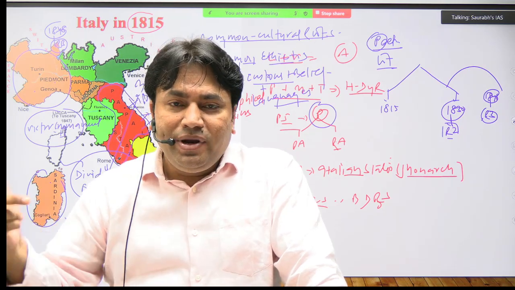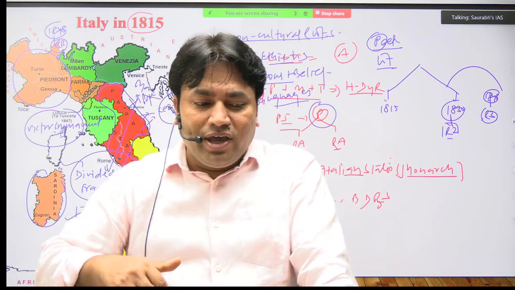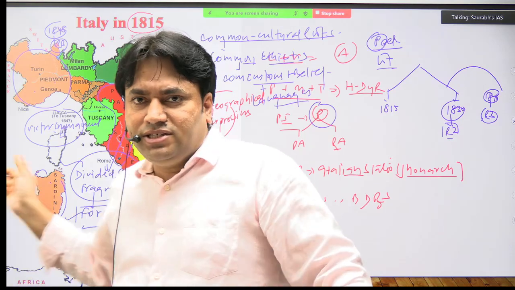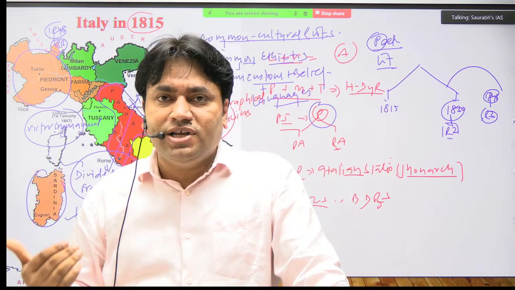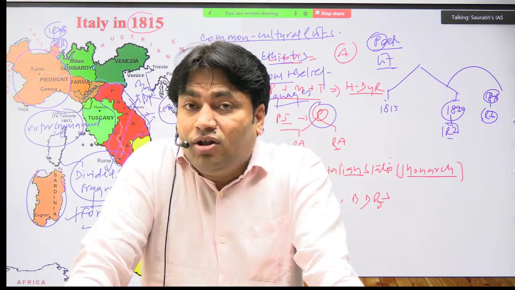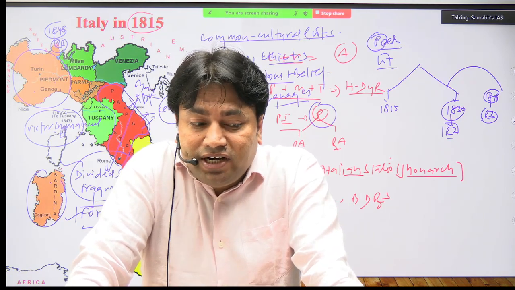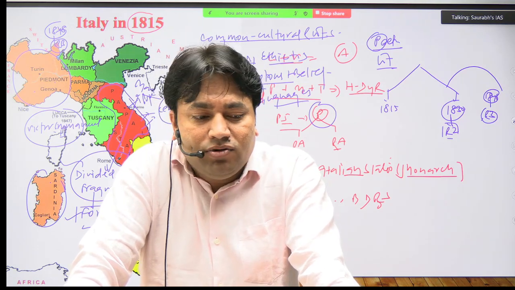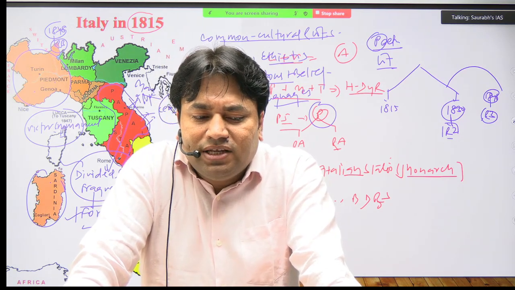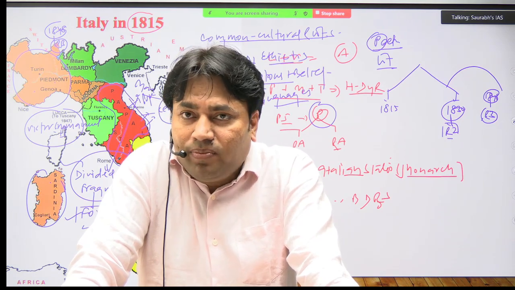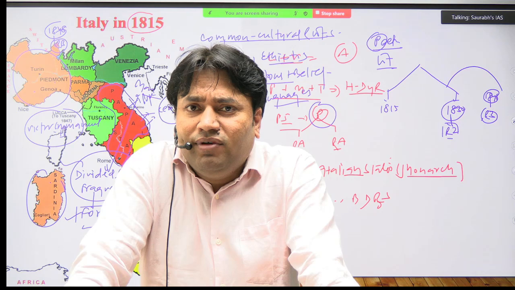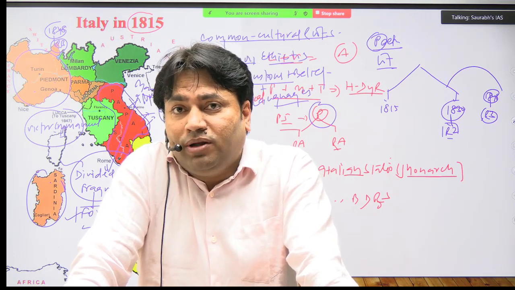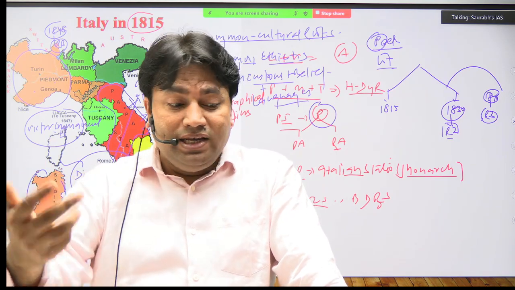And Sardinia Piedmont was already a rich state. It was already, in comparison to these states, we are talking in comparative terms, a technologically advanced state. It was also, you can say, a modern state, because the ruler agreed to give some constitutional rights to the people. So the main development is seen after